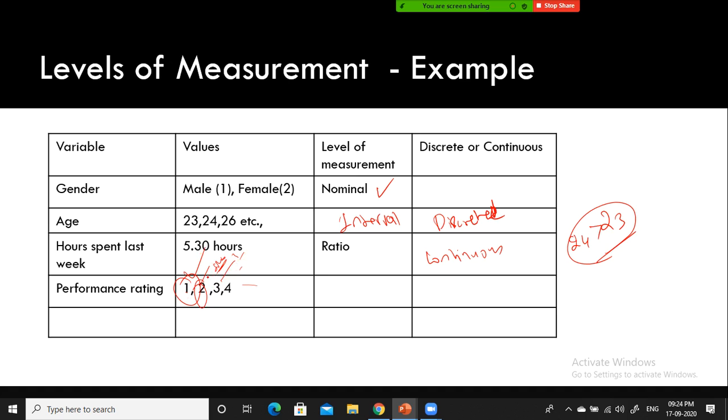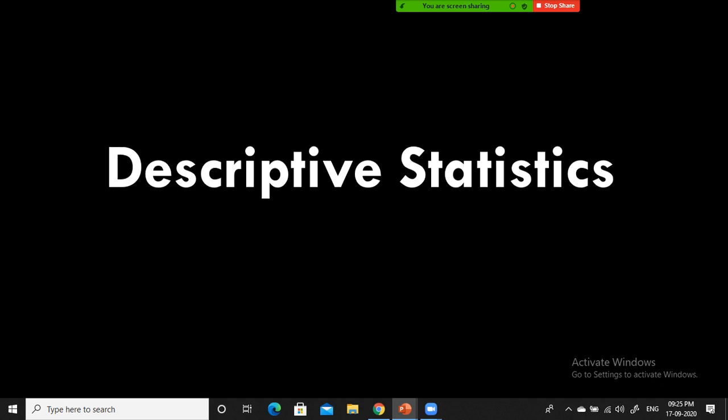Okay, right? Those with 3 will get some kind of salary hike, but not as good as those who got rating 2, and those with 4 will not get any hike, but they will not lose their job. So in this case, superiority comes into the picture. 1 is superior to 2, 2 is superior to 3. Hence, it is an ordinal type of variable. So hope you understood this example. If you still need some time to understand this one, probably you can watch my video.